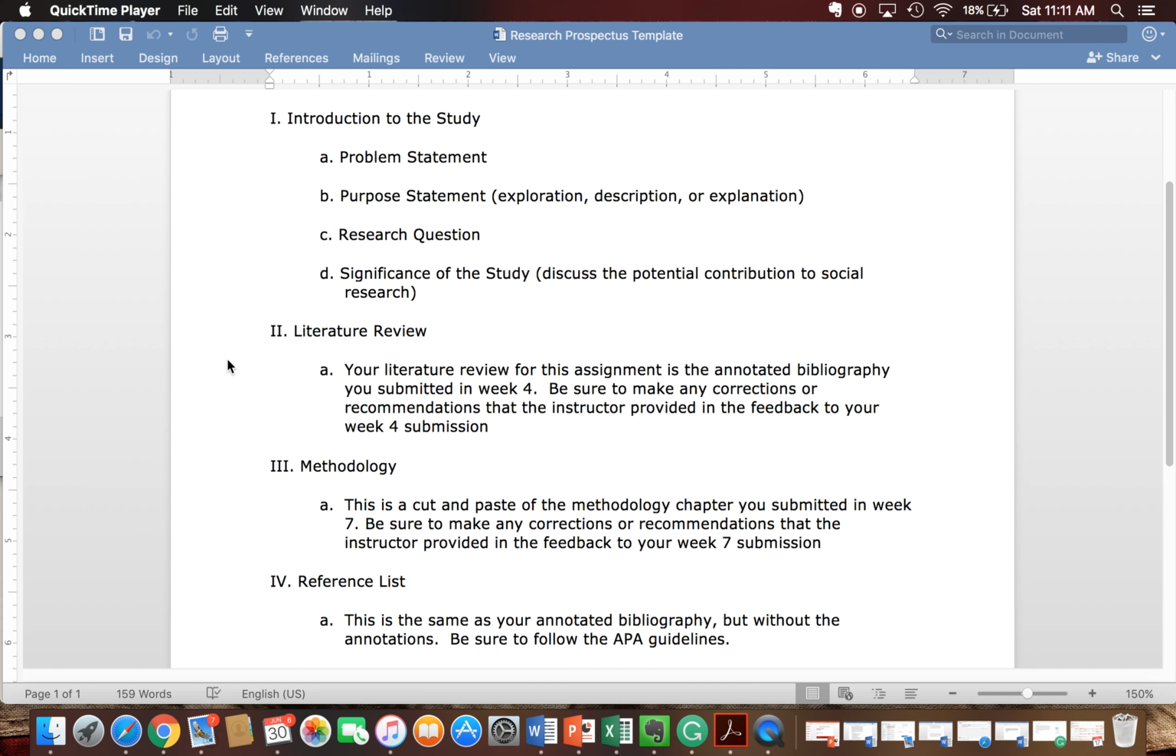prospectus. In week 5, we are going to then take our problem and our purpose and our research questions, and we are going to make that into a survey. Some sort of survey that you would hypothetically distribute to individuals to answer survey questions on your topic. So you are going to write your survey questions in week 5, which is going to make up a portion